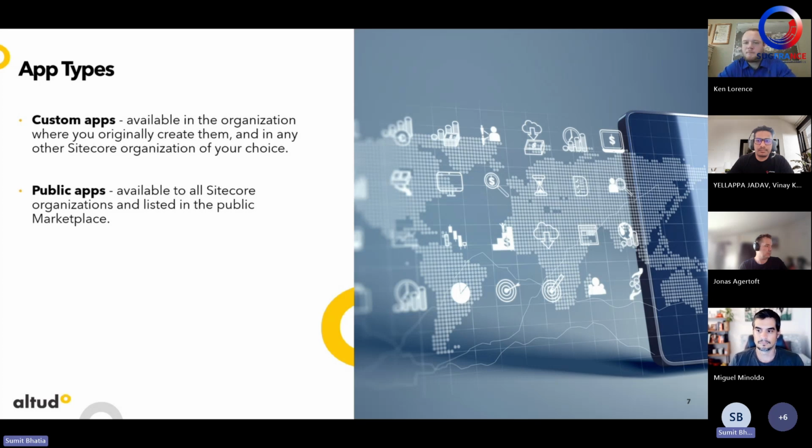Once you develop the app, it is thoroughly tested to ensure everything works correctly. Once your app is ready, it is prepared for review by meeting Sitecore security and compliance requirements. The final step is to submit the app for approval. Once Sitecore approves the app, it can be published on the marketplace where other organizations can discover, install, and use it.